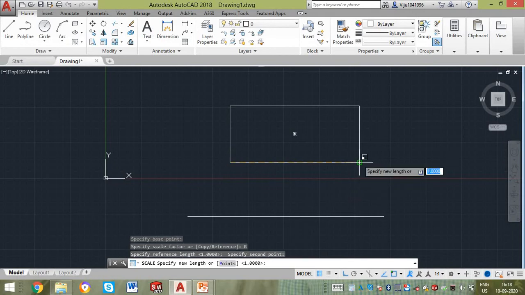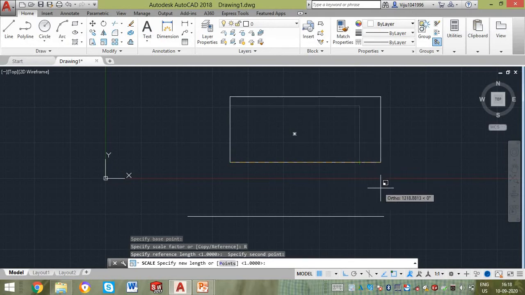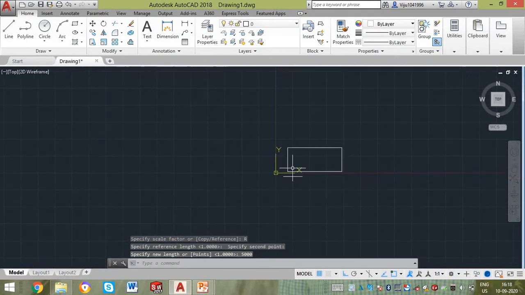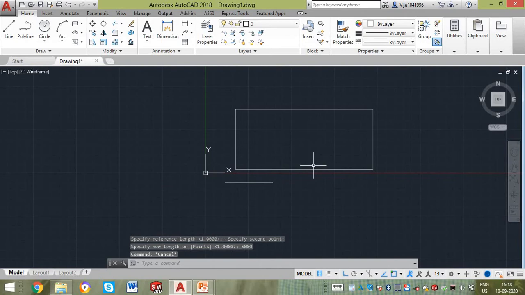I want to specify this length. That length should be increased no matter the width, that particular length should increase to 5000. Now you can measure this length will be 5000.